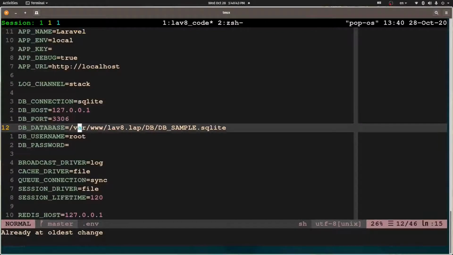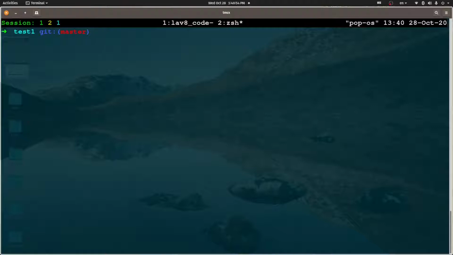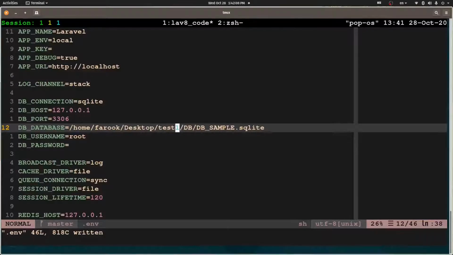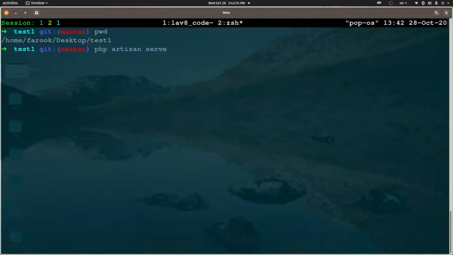All right, then the path right here, you have to put the absolute path on that. So how do you know what your absolute path is? You're going to do it like this. Go to the folder here and type it in, if you use Linux like myself. So this is the path that you're going to put in. Copy that and paste it right here. So you can see that here we have an absolute path to our DB file. Now let's try again. PHP horizon serve.